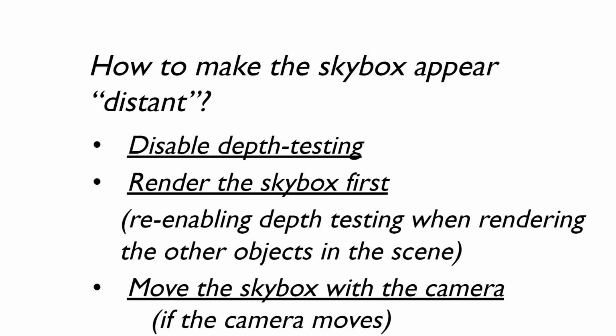So after you're done, you do re-enable depth testing when you do wind up rendering other objects into the scene so that they will draw themselves in front of whatever's in the way back. Right? And if you want to get fancy, or as your camera moves, it's going to be important that you move the skybox with the camera, right? Because if the camera moves, it's going to perceive different things in the background. So the view vector becomes important if you have a moving camera.